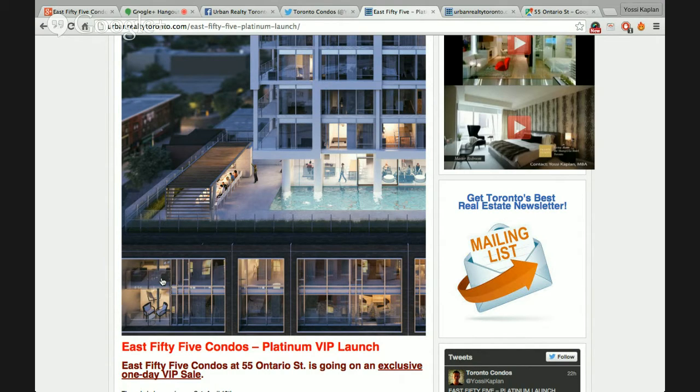I really like it. It's got a beautiful podium with lots of investor units, and when I say investor units, you can see at the bottom here, these units are very inexpensive. And they're very good for renters. The reason they're at the lower floors is because they're cheaper at the lower floors. That means that you can offer your renters good rent and still make money on the units. Moreover, the price point of getting into these units is very affordable. So you can buy this unit,